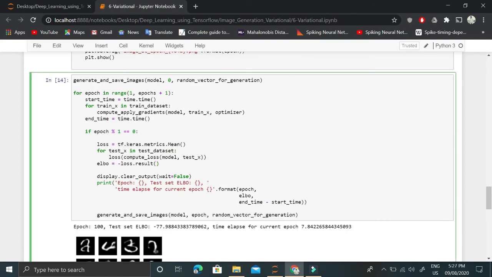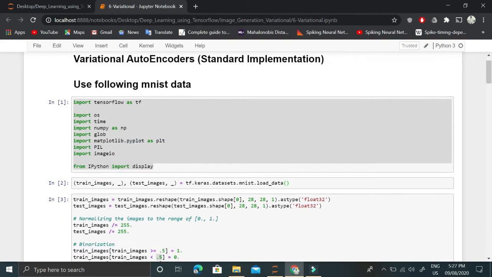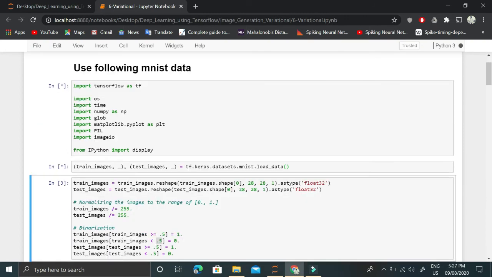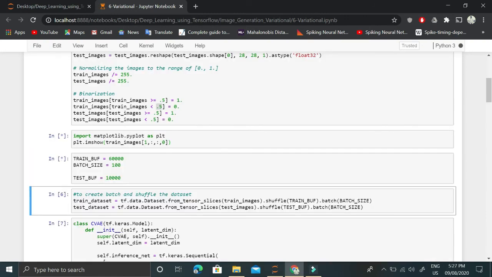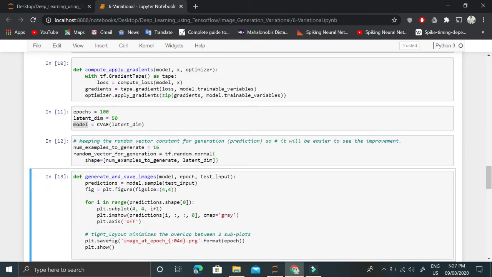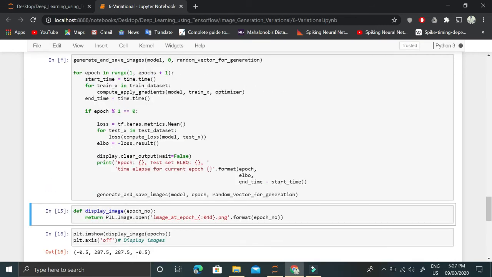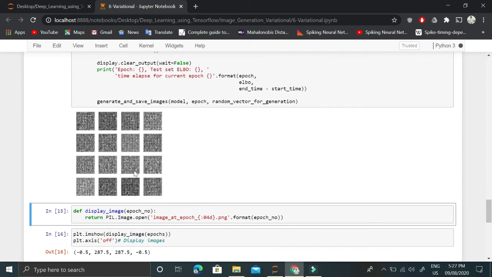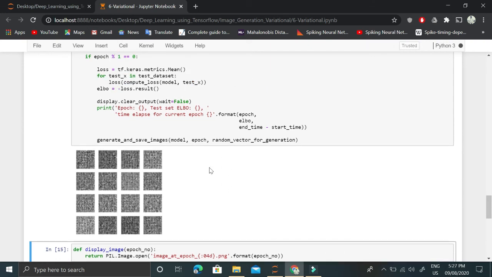Now the whole idea is pretty easy. Let me just run this. It will make much more sense to you. It might take a little time, but it's better that you see this generate and save images part. Look at it, it will take a little time. This is the first iteration, which is complete random noise, but after this, in the second step you will see the adjustment of mean and variance and the generation of some image.